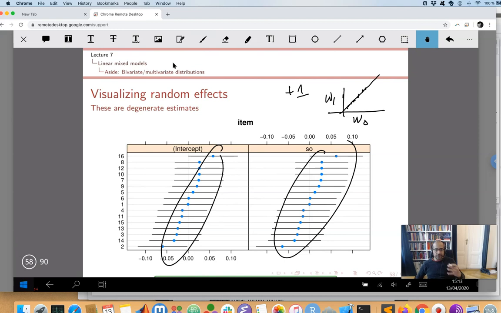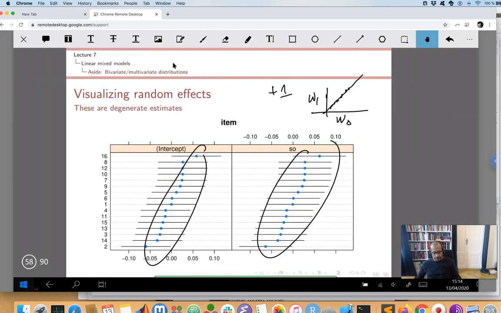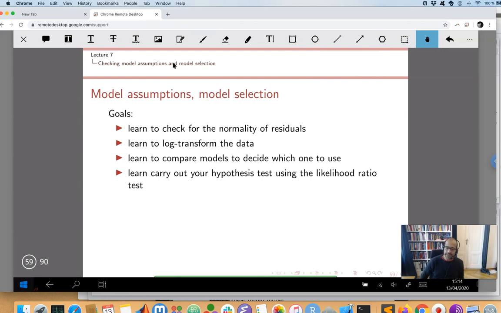What's happening here is that we simply don't have enough data to estimate the correlations. Okay, if we had many more items, then we would be in a better position to get an estimate of this correlation, right? We have many more subjects, and that's why we were able to get a non-degenerate estimate of this correlation, right? Because we had a lot more subjects, but we can't really do that with 16 items, right? Okay,